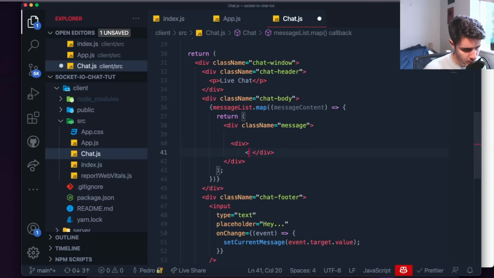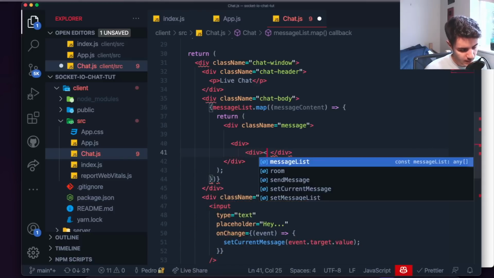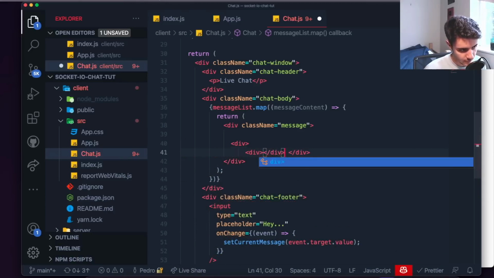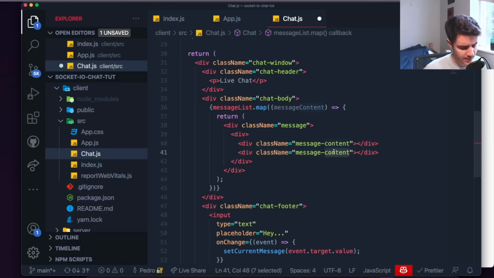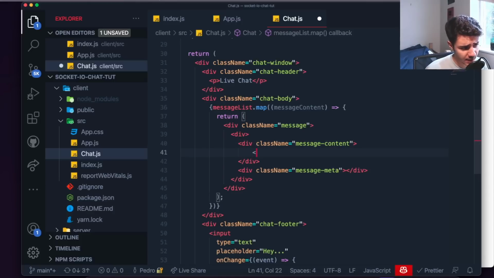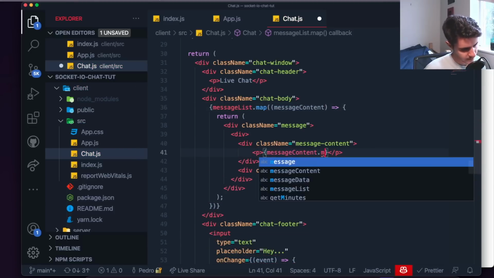So to do that, I'm going to create two divs inside of here. One is going to have a class name of message content. So class name, I'll just say message content like this, and then the other one is going to be pretty similar, but it's going to say message meta as the class name. And then inside of here we basically just add a p tag. So we'll add a paragraph tag like this, and over here we'll just display the message content dot message